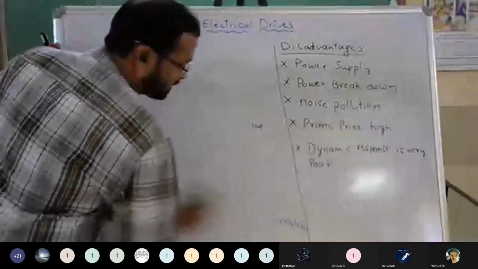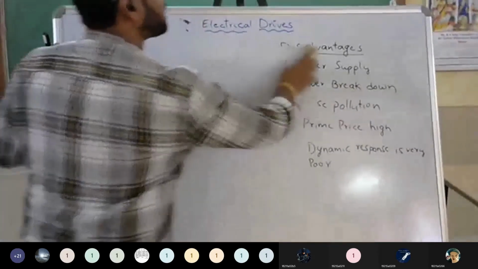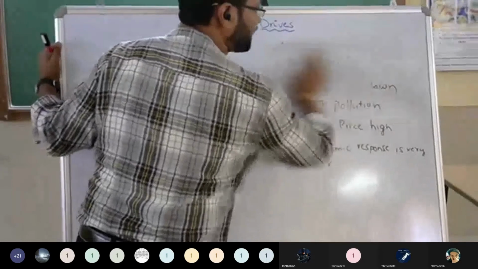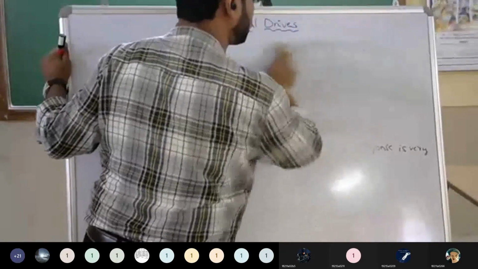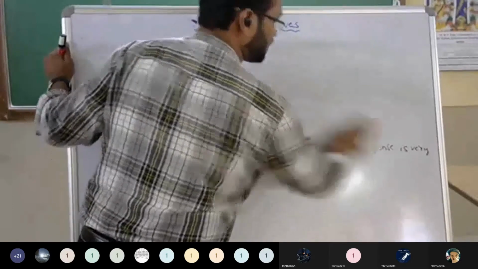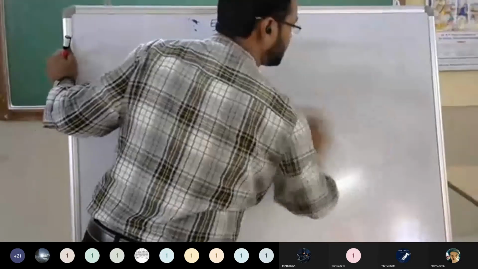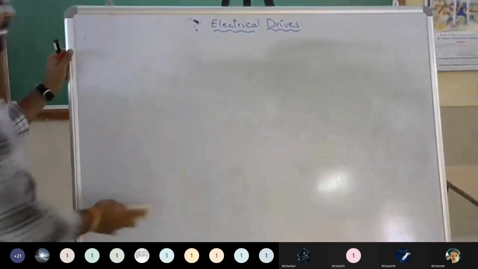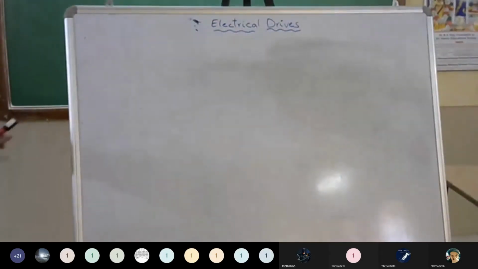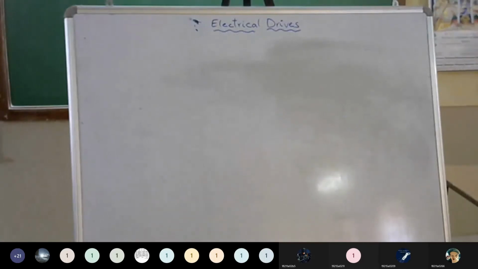So now, where these things are applicable, where we are using these electrical drives? We are simply studying the electrical drives, but where they are used, that we have to know. If you know that one, then only we'll go through that one. Already I told that types of drives, for each type of drives, you have to give some example. So now first we are going with the applications, where we can use.